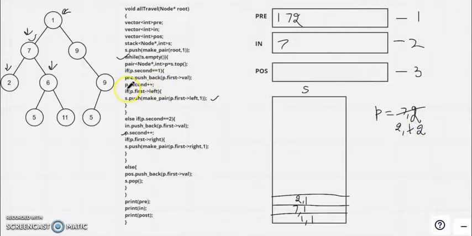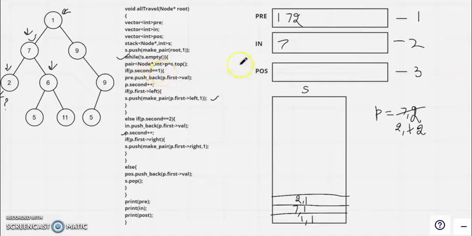So now what will happen is, if p.first has left, does 2 have a left? No, 2 does not have a left, as we see here. Okay, so we will not be moving further into this. Now, as 2 has incremented its value to 2, what will happen is, if p.second